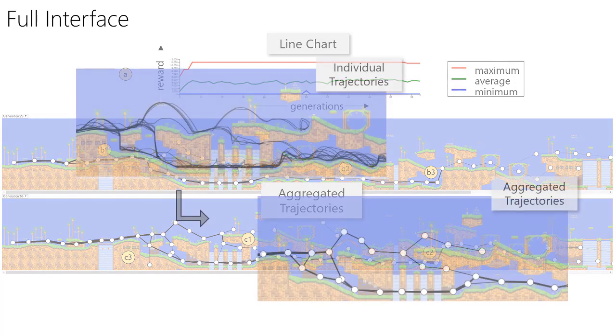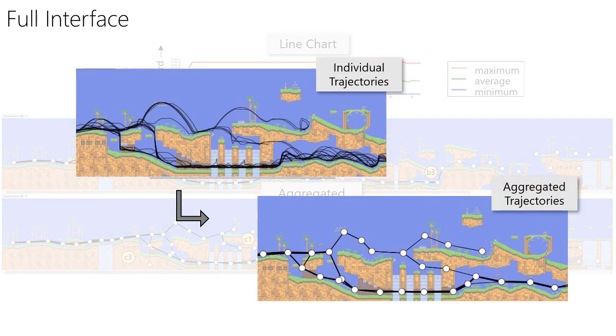Showing many individual trajectories of agents would create clutter due to overlap and make it challenging to derive meaningful insights. Hence, we calculate and overlay aggregated trajectories on top of the map. Characteristic points are calculated by analyzing all the trajectories of agents in the selected generation and shown as white circles. The black line widths between two circles denote the travel frequency of agents between the two points in either direction.